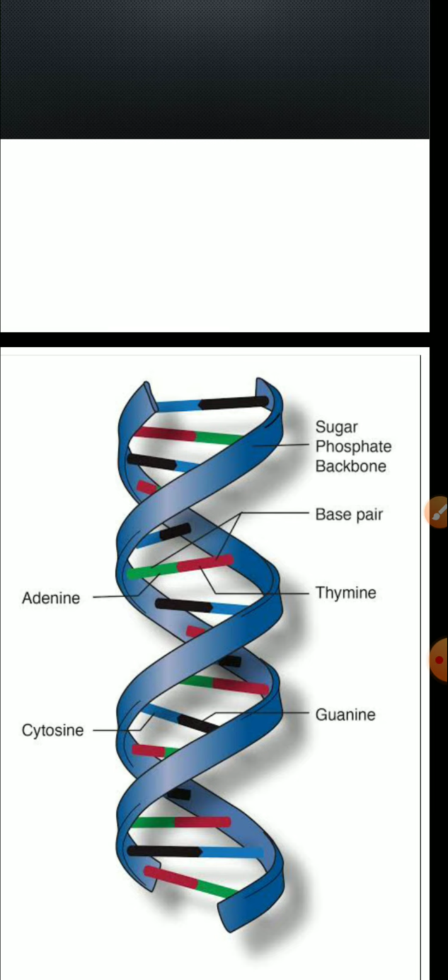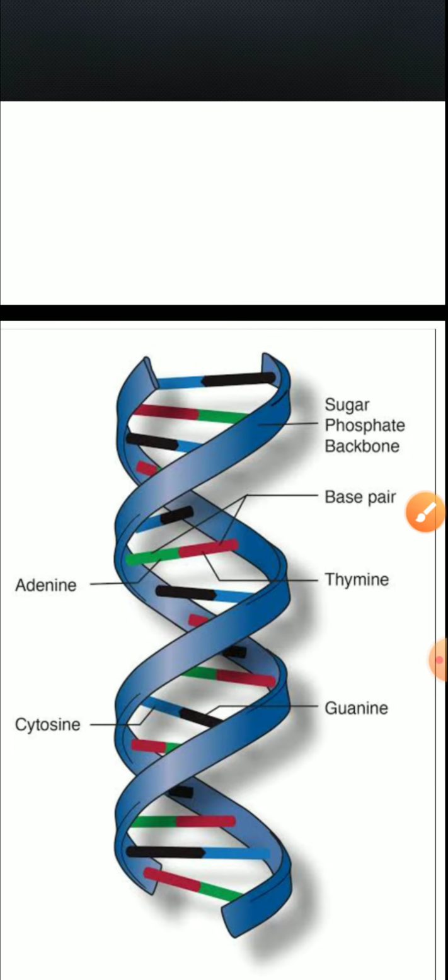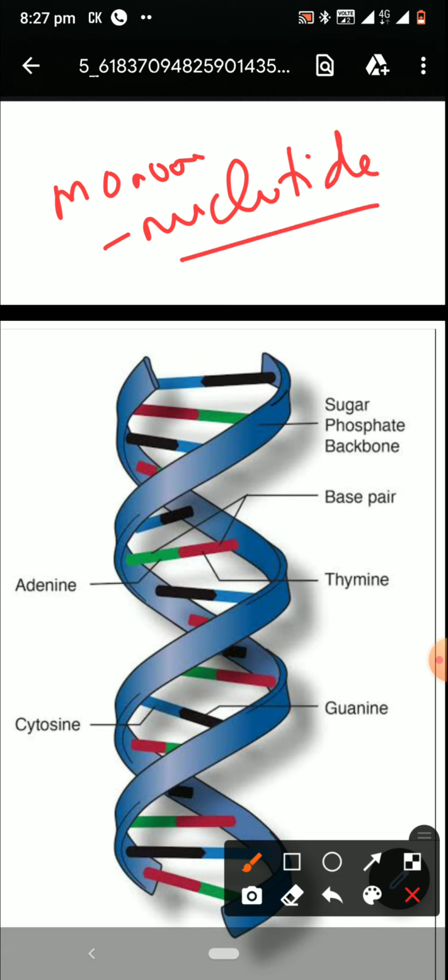So what is DNA? The full form of DNA is deoxyribonucleic acid, and DNA is usually located inside the nucleus of a cell. The function of DNA is to store and code genetic information of the body. As you can see in this diagram, this is a double helix model of DNA. This double helix model is a polymer, and this polymer contains repeating units of a monomer, which is a nucleotide. This nucleotide is the monomer which repeatedly combines together to form the polymer, that is the DNA.